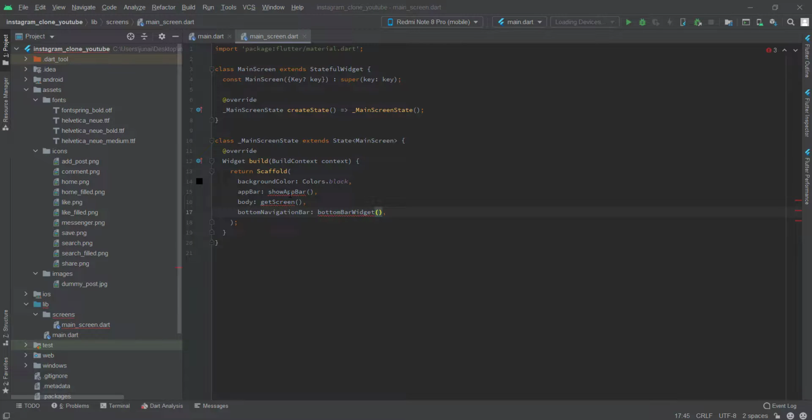Okay, just press Alt Enter, create method, Alt Enter, create method, and bottom bar, Alt Enter, create method. Done. We will define the return type to widget for all of the 3 methods. Widget. Okay, so return app bar,